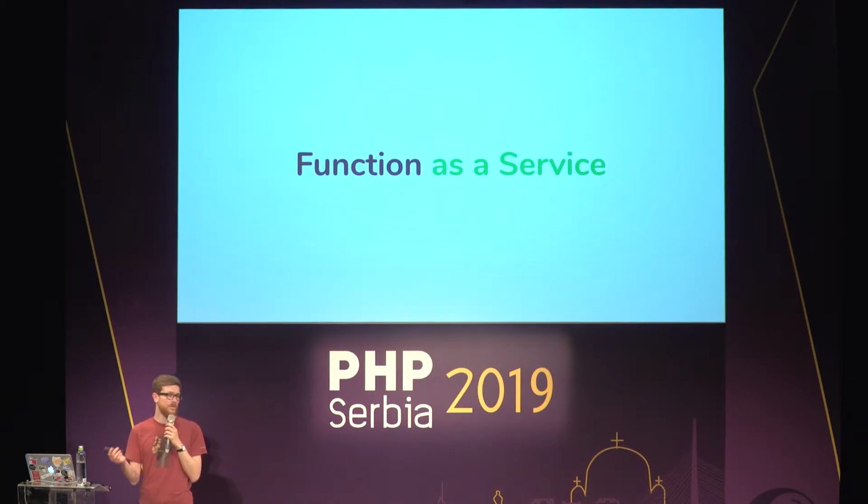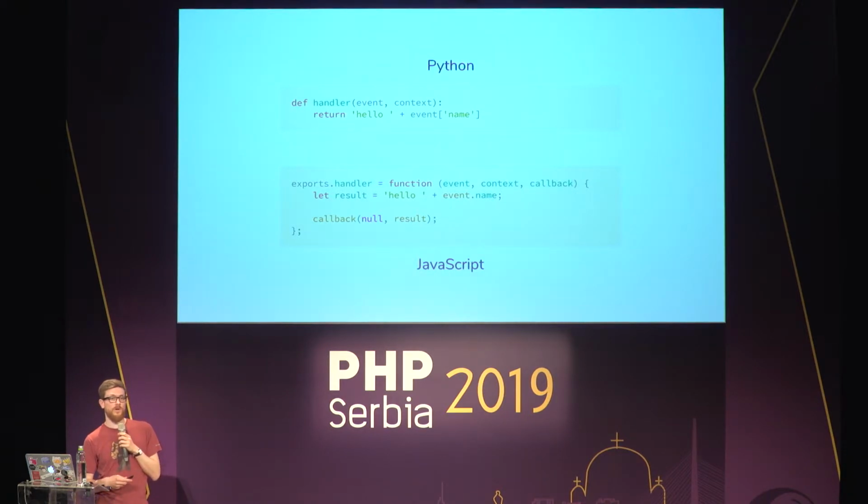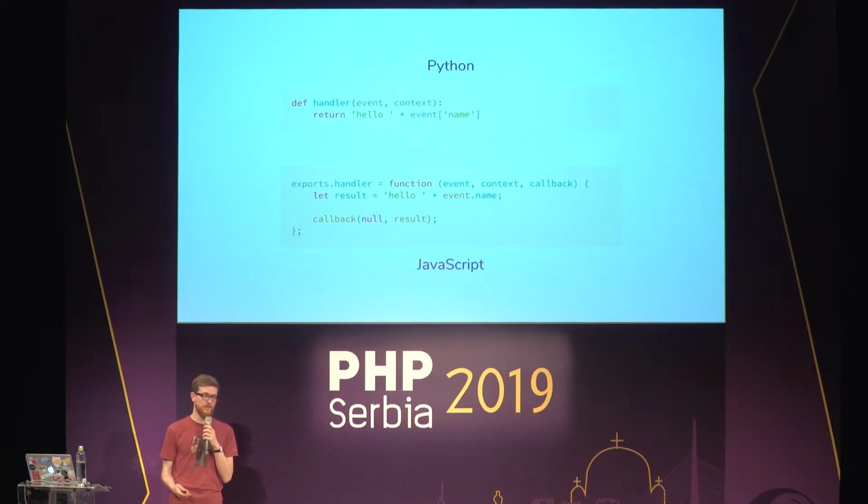Why is it called function as a service as well? These are two very basic examples of functions that you can deploy and run on Amazon Lambda. Amazon Lambda is the function as a service of Amazon. You have Microsoft Azure functions, you have Google Cloud functions, you have plenty of cloud providers.